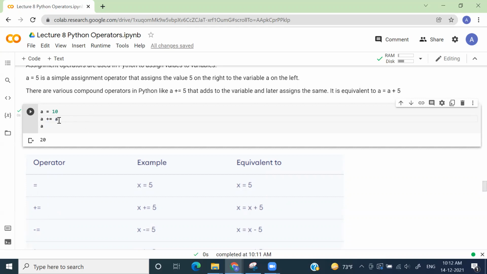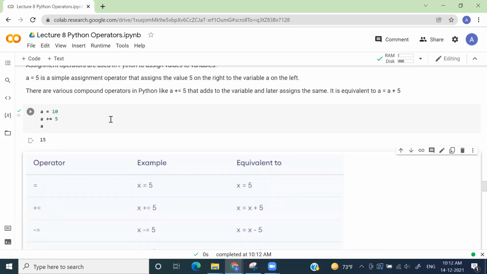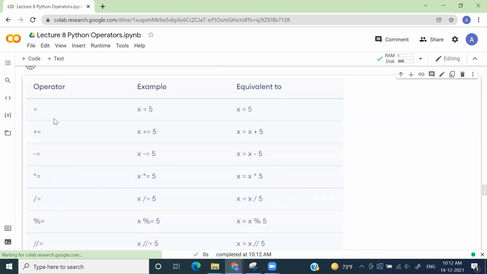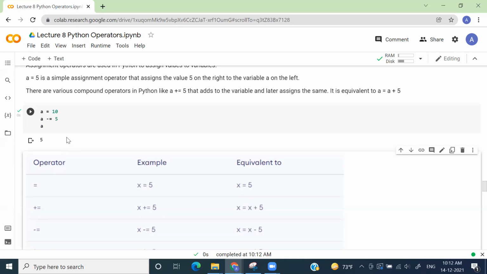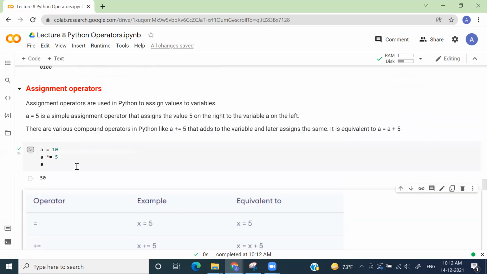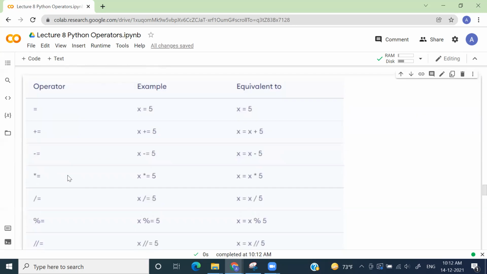Okay. Instead of this, you could have done something like this, and this would have given you the output of 15, right? So in the one expression only, you are performing an addition and assigning at the same time. Similarly, you could have done something like this. This would have given a value of 5, right? You could have done something like this, which would have given an output of 50, right?